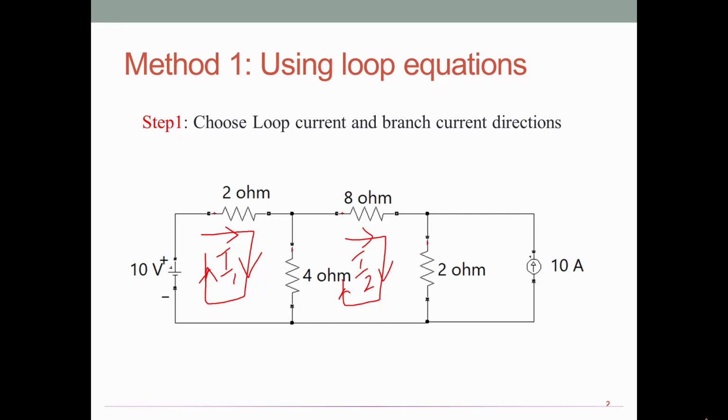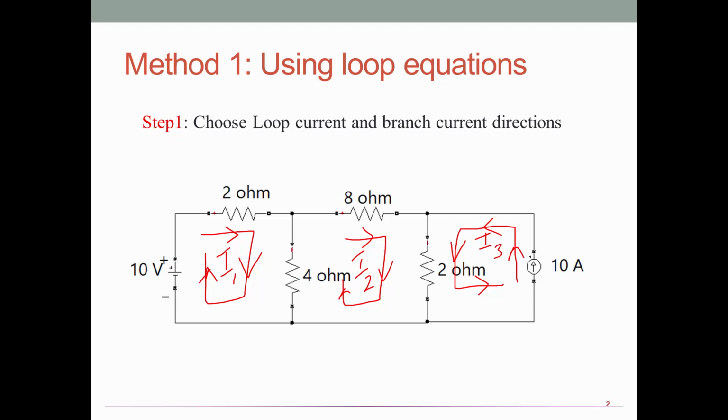When you come to loop number 3, there is one current source 10 amps which is shown in upward direction. So in this case, instead of having clockwise direction, you can take anti-clockwise direction because current on this loop is straight away given as 10 amps and also they have shown the direction. So it is better to choose anti-clockwise direction for this loop alone.